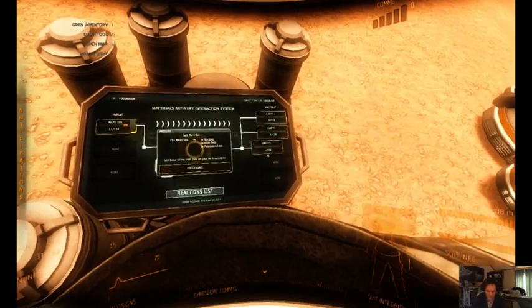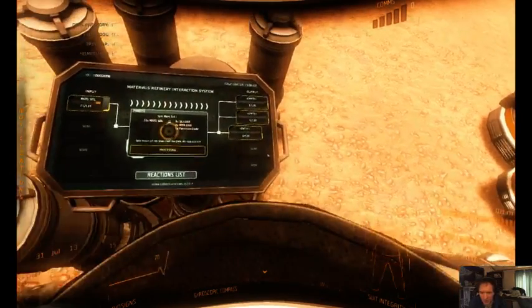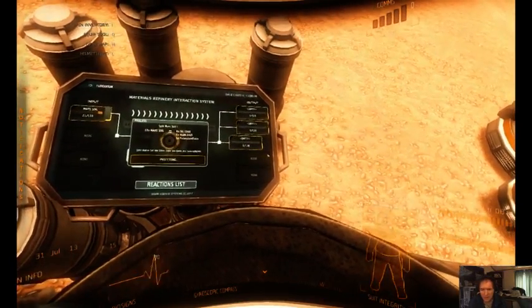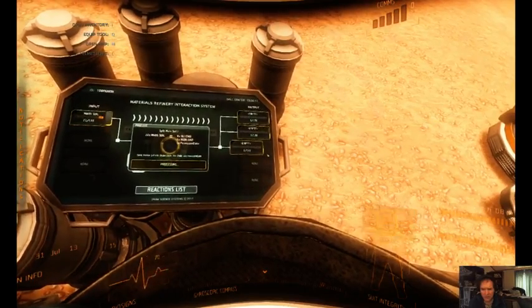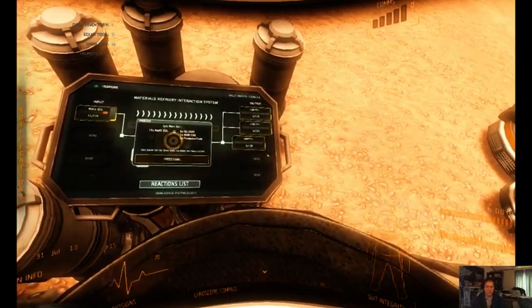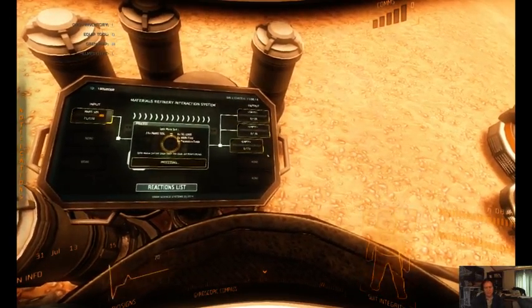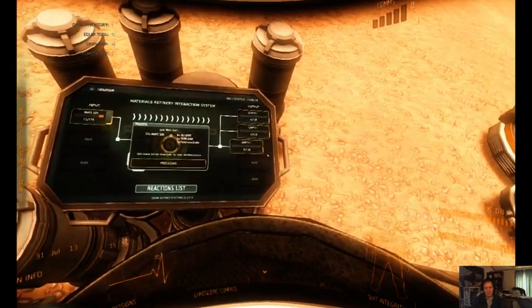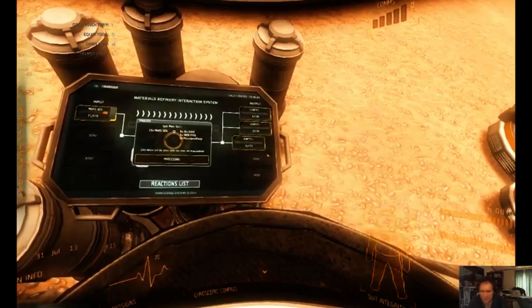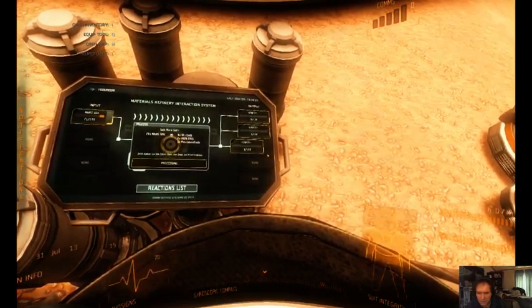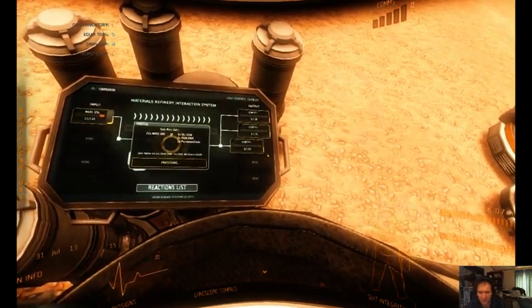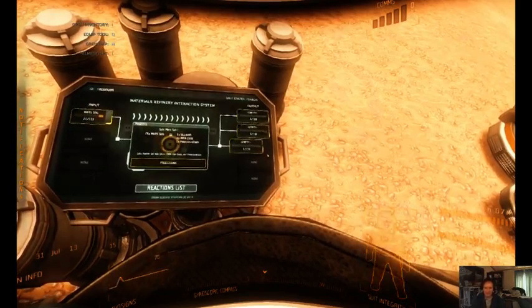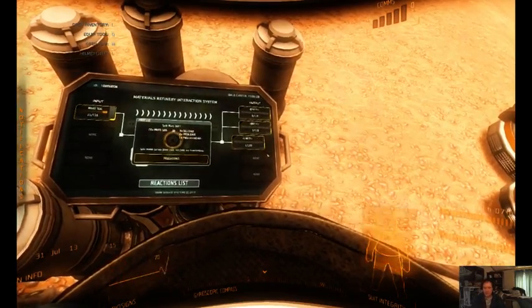So roughly, when this timer goes down to about, oh shoot, you know what? My time constraint is slowing the game. That's like real time. Oh my god, you gotta be kidding me.